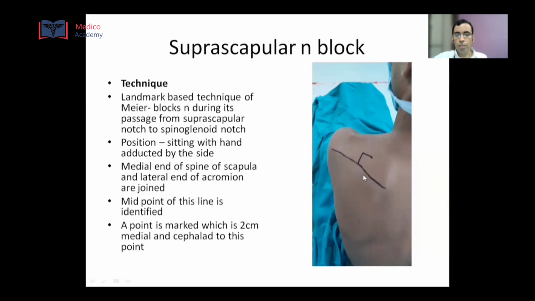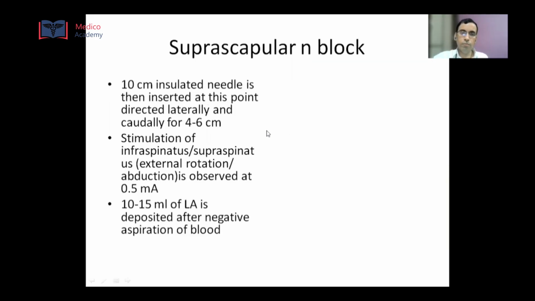line. The midpoint of this line is then identified, and a point is marked that is 2 centimeter medial and cephalad to this point. A 10 centimeter insulated needle is then inserted at this point and directed laterally and caudally for around 4 to